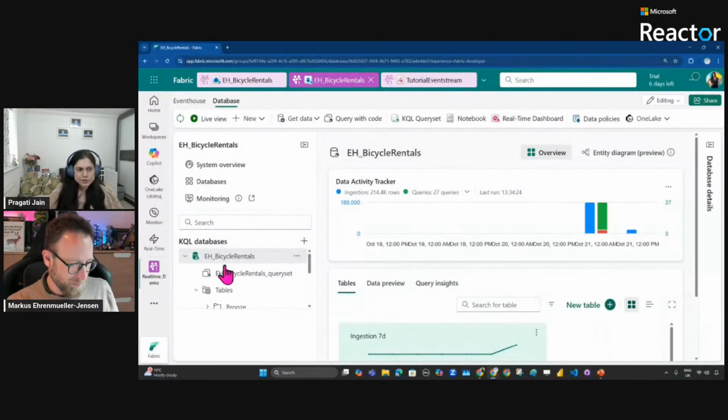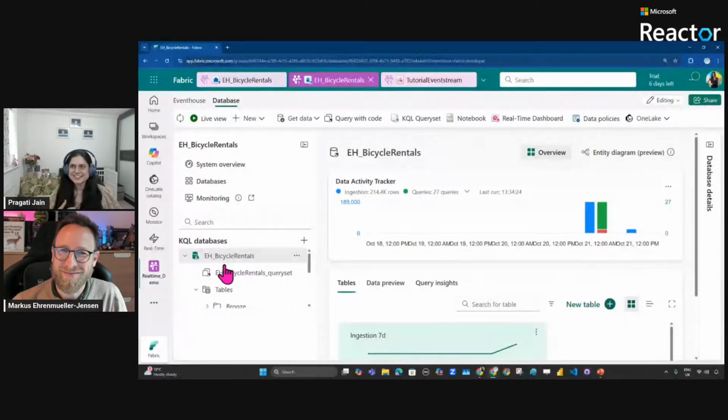And if you are new with the KQL database, it's fine. I'm also still learning it, because coming from a SQL background, it could be a little different. Okay, these are the way I write SQL queries, but how do I write KQL, right? Yeah, but it's fine. The difference is only in the syntax, and eventually when you keep on learning, you upskill yourself and you get to learn new skills.